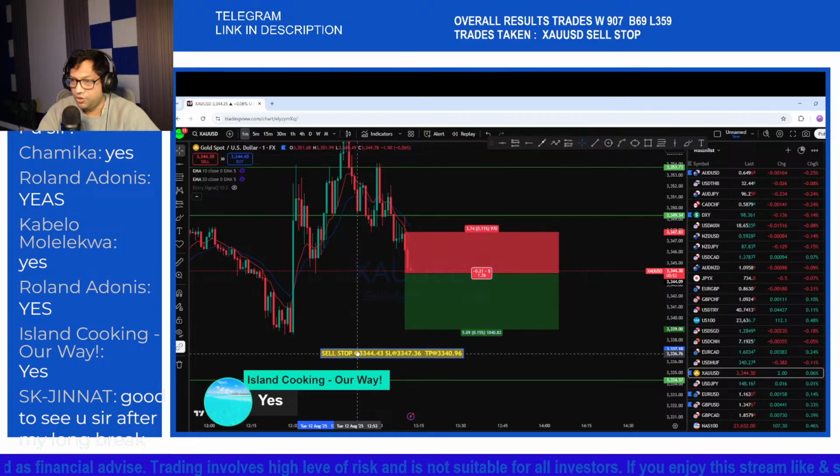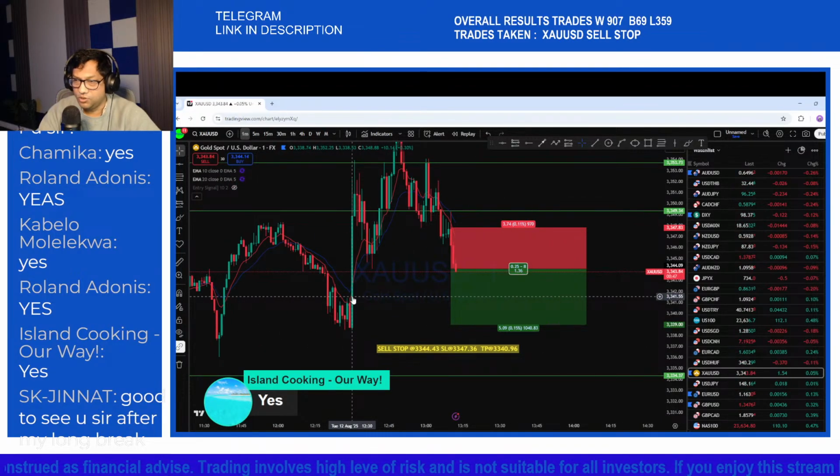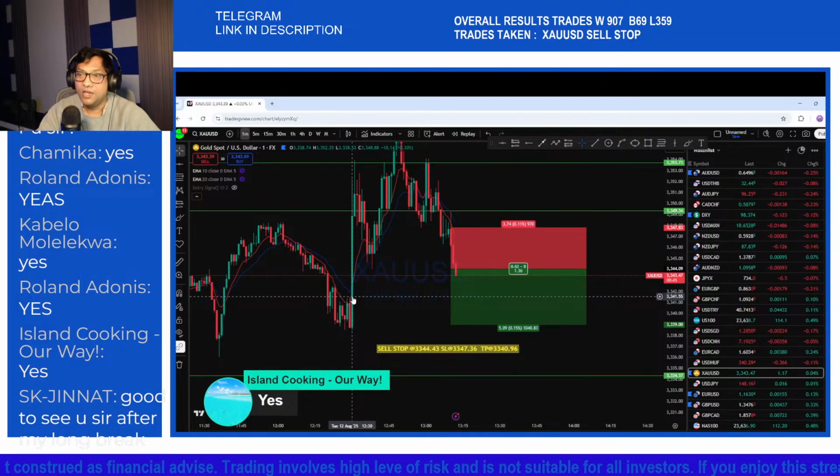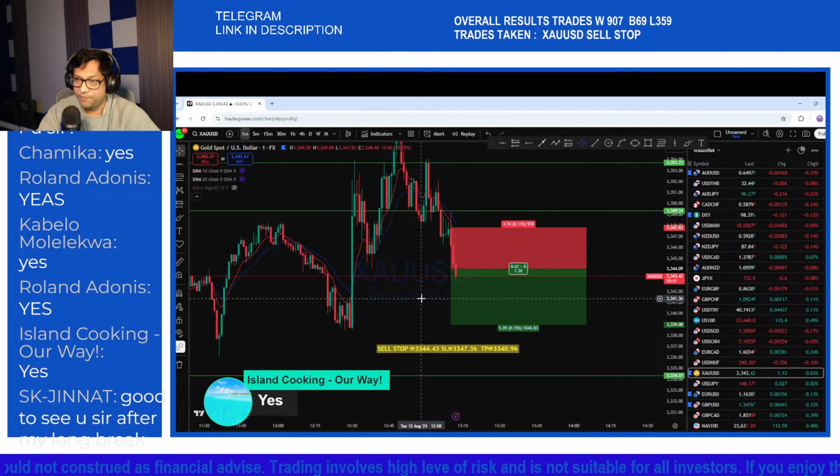Keep pushing back below here. This is the second trade, the NOI session trade. We had one previous one on London session. Now the market on the imbalance, expecting it to break below here to give us that possible